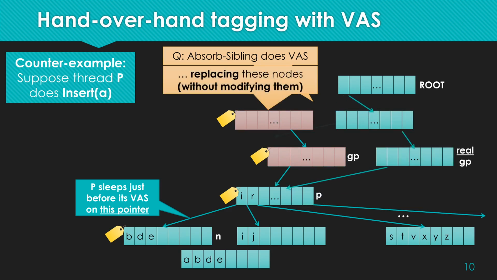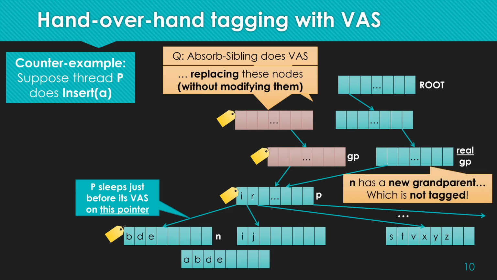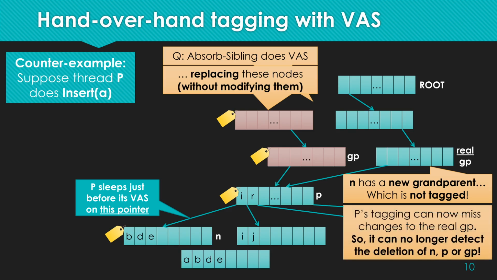So suppose that these 2 nodes are replaced by new nodes. So GP has actually been replaced by a new node, which we'll call real GP here. Why is it called real GP? Well, N actually has a new grandparent now. This is the new real GP, and this is not tagged. P has not tagged that node, so P actually can't track any changes to that node. So as a result, P's changing can now miss changes to the real GP,